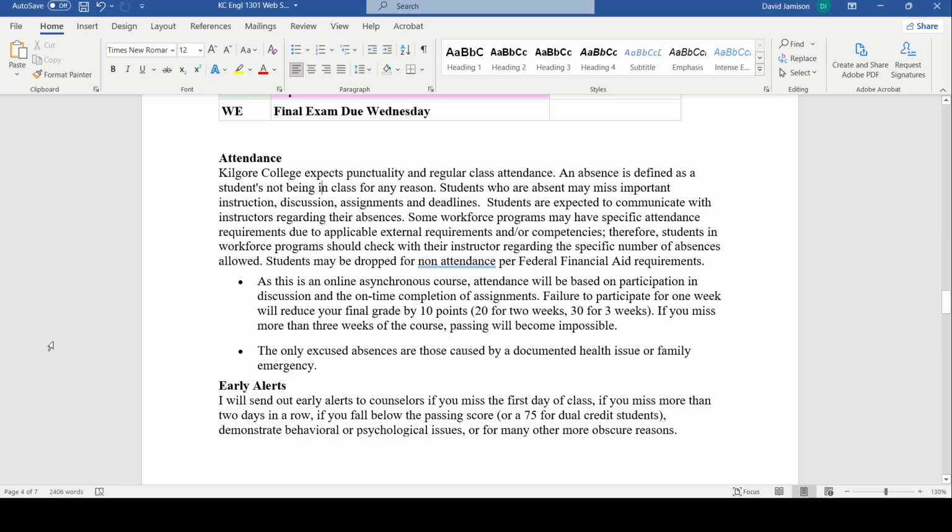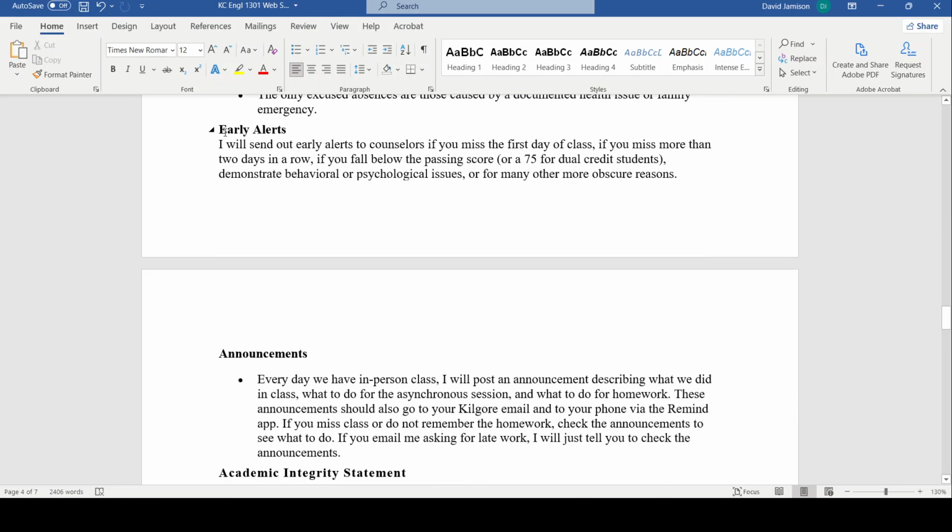Early alerts. This week I will send out early alerts to the counselors for people who haven't turned in their assignments by Wednesday. If you haven't turned in your first assignment, which will be, let's see, it should be the grammar quiz actually. Yeah, or no, the syllabus quiz. You should turn in the syllabus quiz and introduce yourself by Wednesday. If you haven't done that, then I will send out an early alert for you,